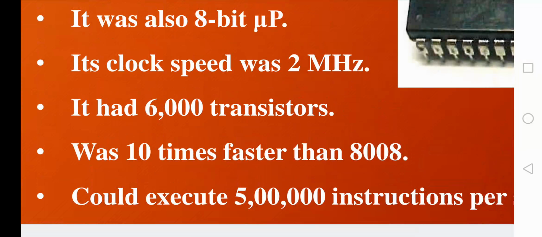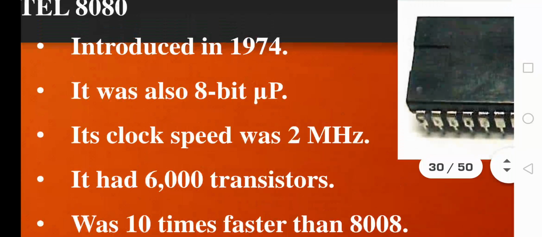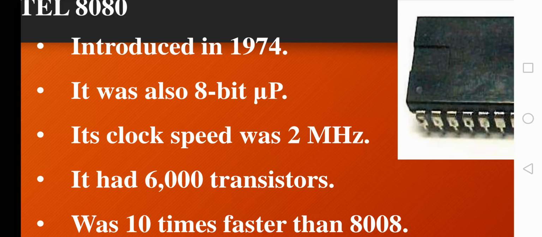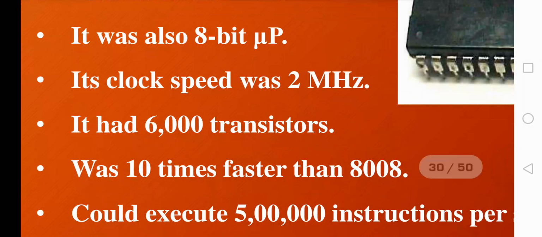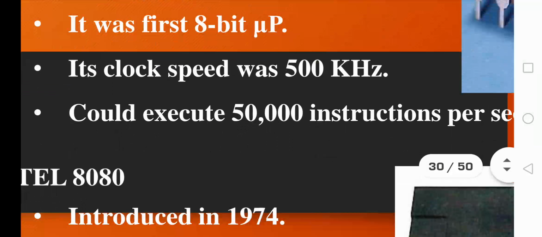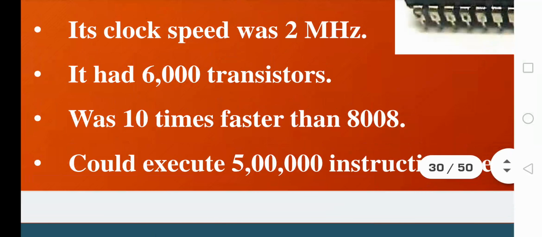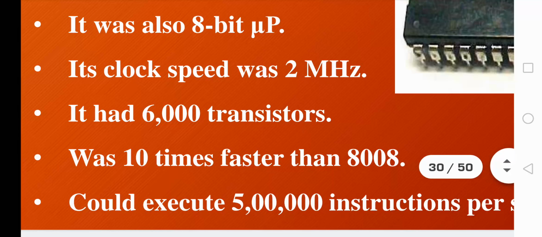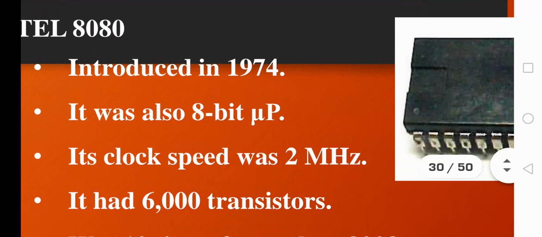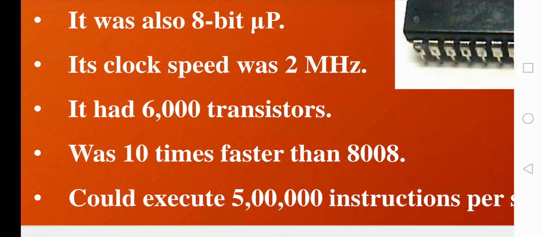That means that many more operations can be performed by this 8080 in a particular instance of time, and it consisted of 6000 transistors. 6000 transistors were used to fabricate this 8080 microprocessor, and it is 10 times faster than the 8008. Our 8008 was able to execute only 50,000 instructions per second. On the other hand, our second 8-bit microprocessor, the 8080, was able to execute 5 lakh instructions